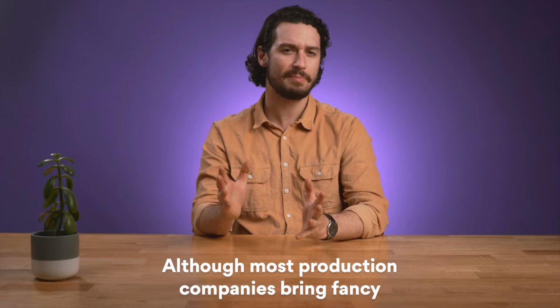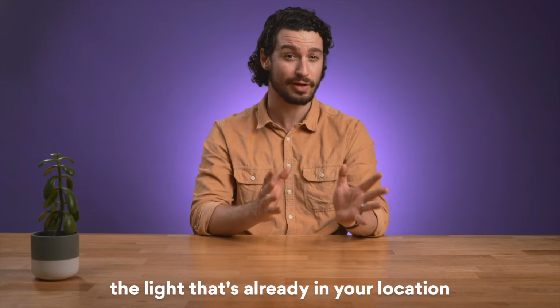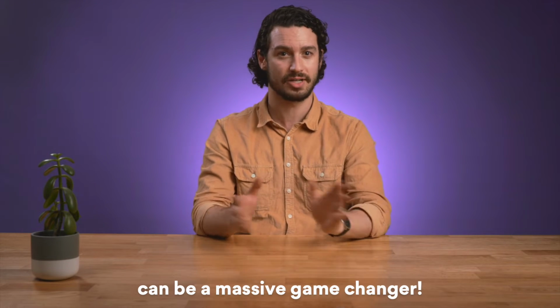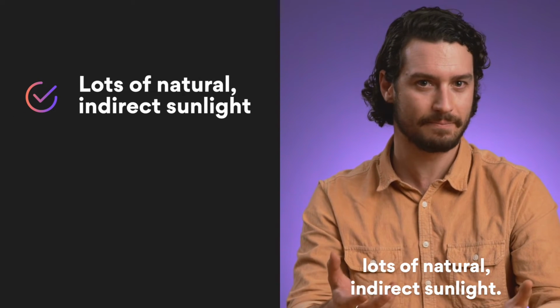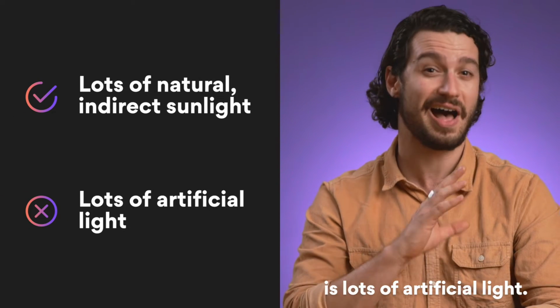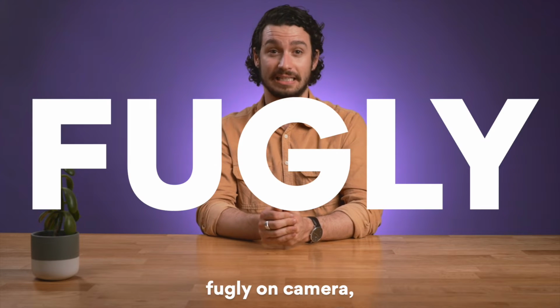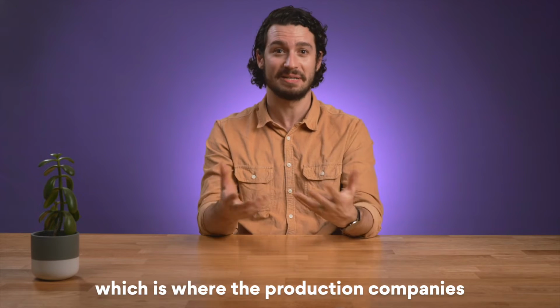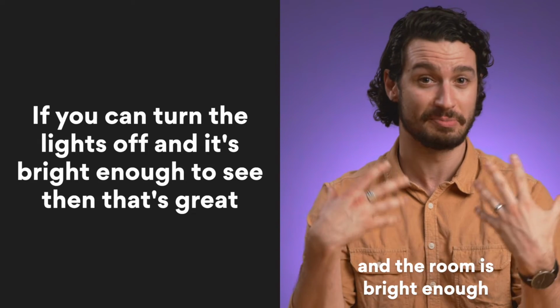Although most production companies bring fancy professional lights to their shoots, the light that's already in your location can be a massive game changer. Ideally, you want a space that has lots of natural indirect sunlight. What we don't want in a space is lots of artificial light. Fluoros, for an example, can look pretty fugly on camera, which is where the production company's fancy lights come into play. Basically, if you can turn the lights off in the room and the room is bright enough to see,